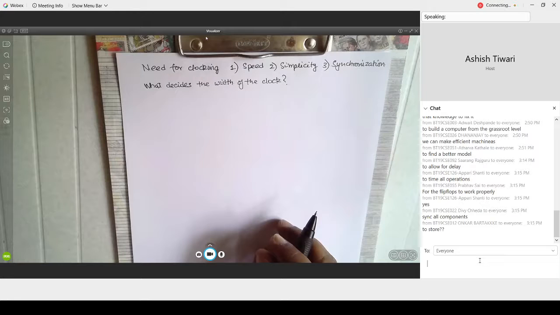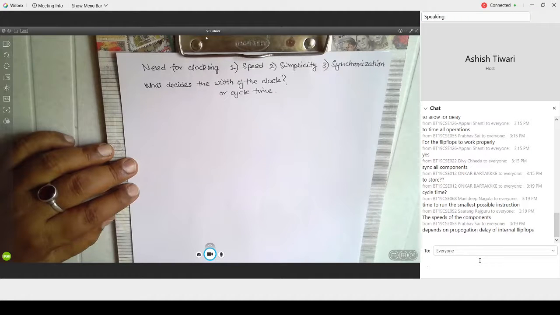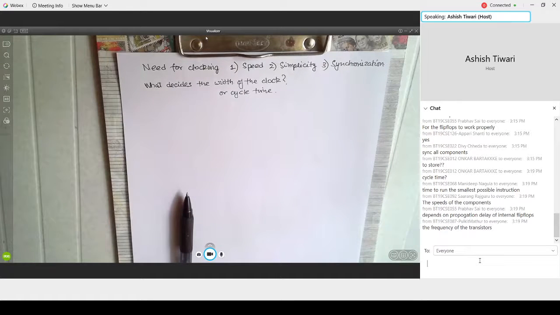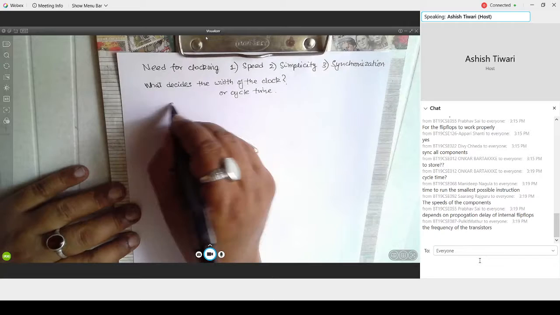How much should it be? Time to run the smallest possible instruction, the speed of the components, okay? Okay, very good, very good. So I see a lot of good answers. Omkar had posed the question. Manideep says that. Sarang says speed of the components. Prabhav says it depends on the propagation delay of internet drops, the frequency of transistors. Well, I would take the answer as the fastest